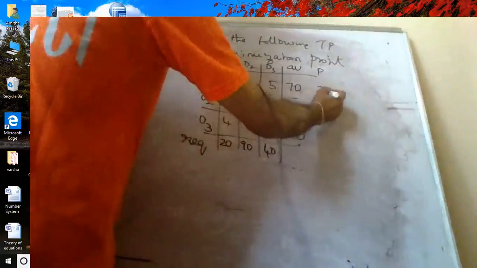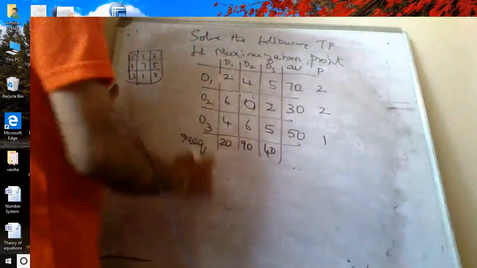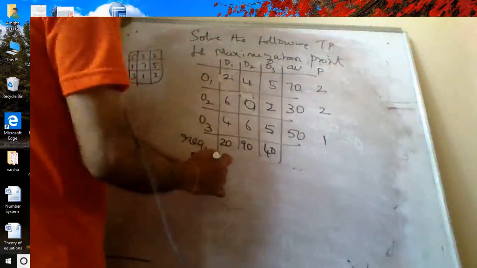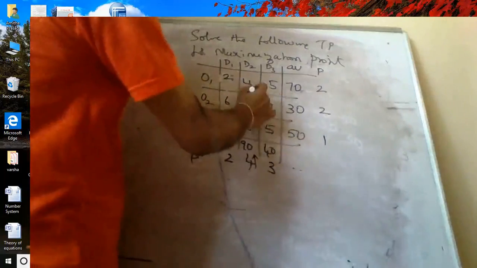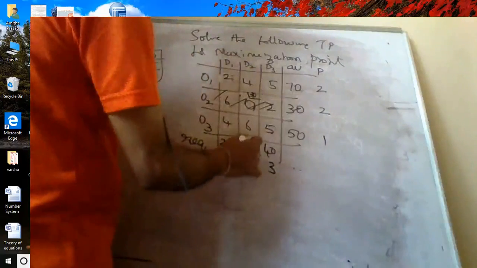So penalty: 4 minus 2, 2; 2 minus 0, 2; 6, so 4 minus 5, 1; 6 minus 4 minus 2, 2; 4 minus 0, 4; 5 minus 2, 3. So highest is 4, least is 0. So you have 90 and 30, give 30. This will go. So 60 remains.